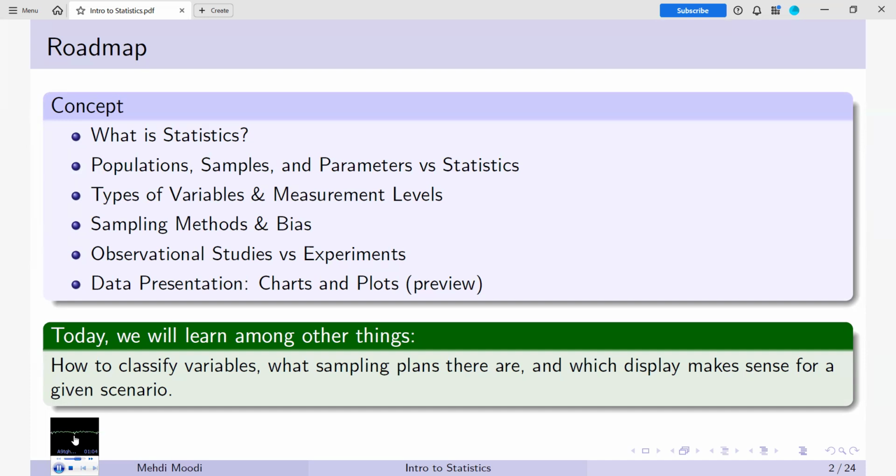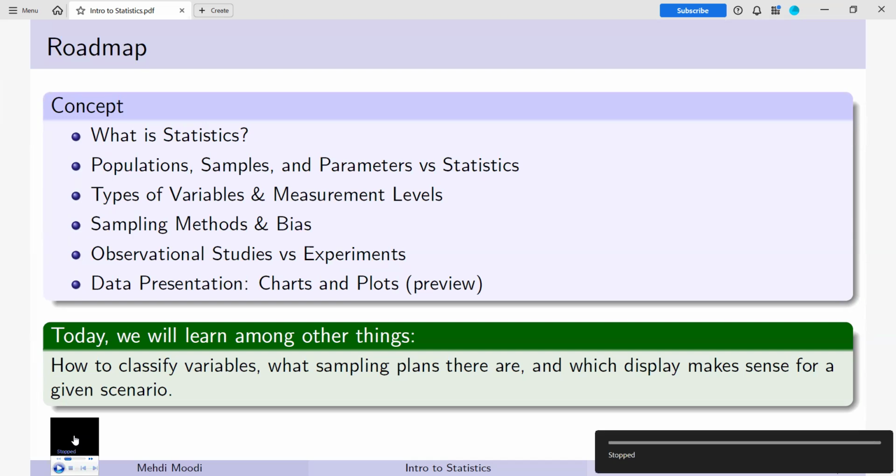Even physics would grind to a halt. Quantum mechanics relies on probability, because the universe at the smallest scale really does roll dice. And worst of all, Netflix would recommend random shows that have nothing to do with your watch history. Today's presentation is about setting up that aerial view. What statistics is, where data come from, and how we start making sense of it before we dive deeper into the jungle.